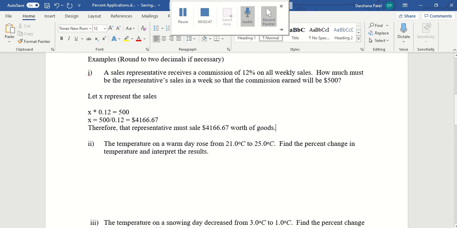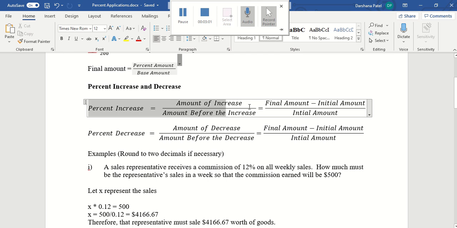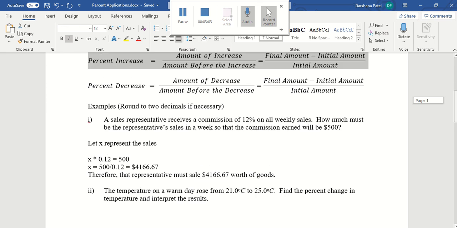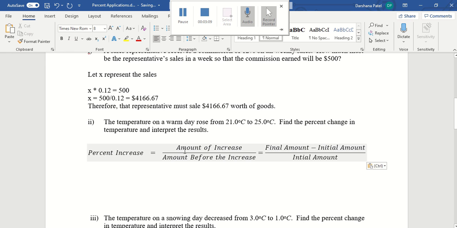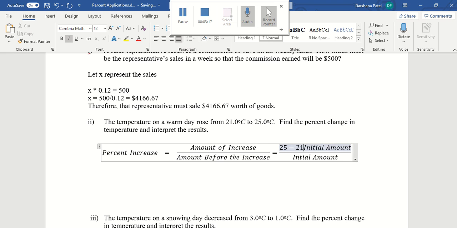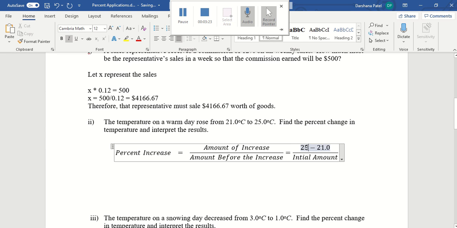The temperature on a warm day rose from 21 degrees Celsius to 25 degrees Celsius. Find the percent change in the temperature and interpret the results. So we can use the percent increase formula, because the temperature is increasing, or you can say percent change. It's the same thing. In our case, the change is an increase. So percent increase is amount of increase divided by amount before the increase. In our case, 25 subtract 21, which is 4, divided by 21,